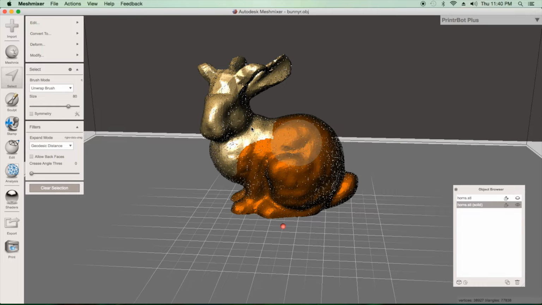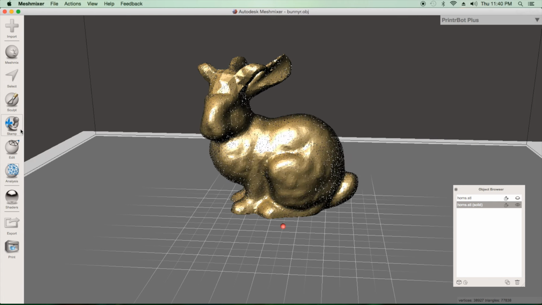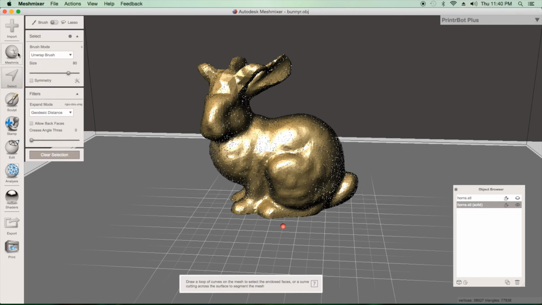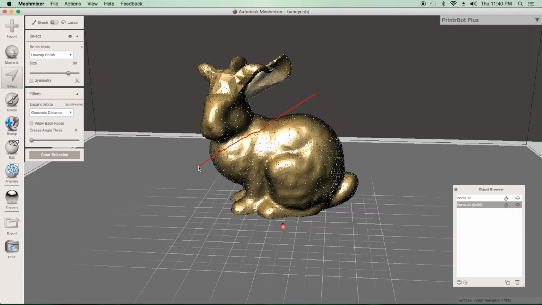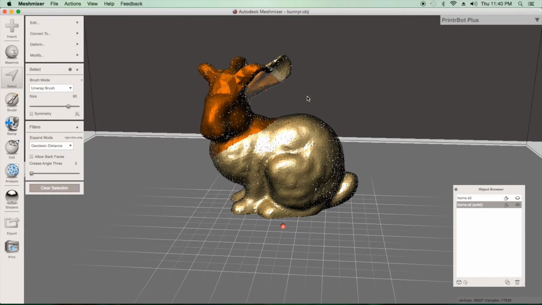like so. Another cool thing is if you go to, sorry, where is it at? Oops, select, and if you go off the mesh itself and draw a line, let's say I just want to do this part, watch what happens when I let go. It colors everything on the outside of it, so all this is going to be one color, which we don't